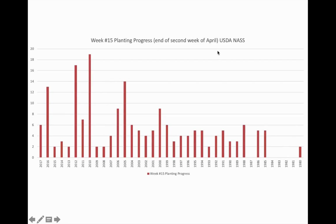So once we get to the end of this week of April, we'll start to see data showing up for 2018. And I just want to show you something. Over the last decade or so, you can see it's been incredibly variable in terms of how much the entire country has made progress in planting. We've had years like 2012 and 2010 where we already had 15 to 18, 19% of the whole crop planted. Then years like 14 and 15 and 13 where we were still way down here in the single digits, as with 2009 and 2008. So we're certainly going to be behind where we were in 2017, but at this point,